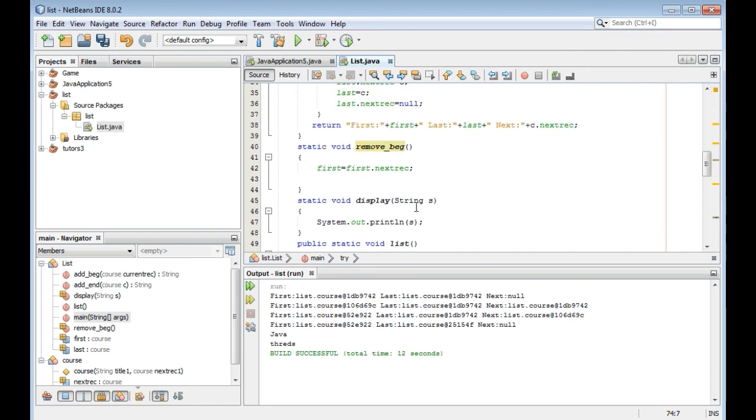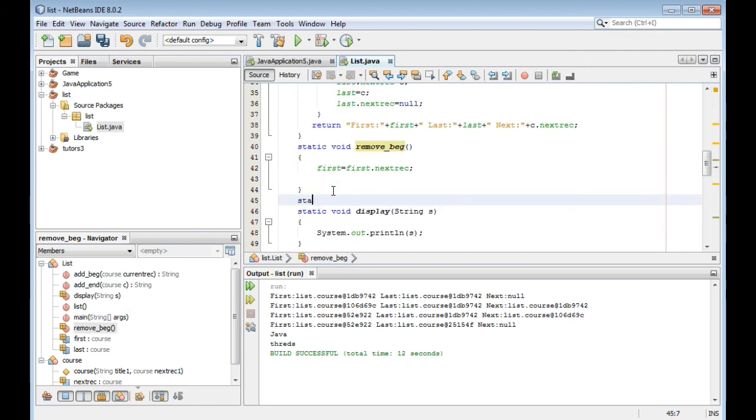You see, the first record has gone. Graphics, that record has gone.